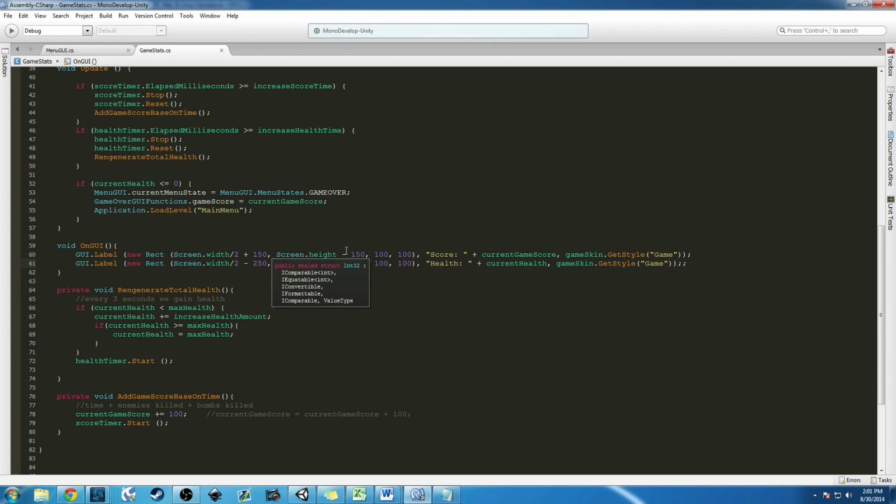Now these are going to be different depending on your screen resolution and the game that you're building. For me, I have a 1920 by 1080 screen, so that's my screen width and height. So basically, screen.width returns that value. Screen.width will return 1920 for me. Screen.height will return a 1080